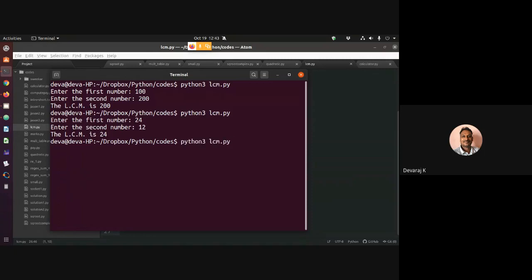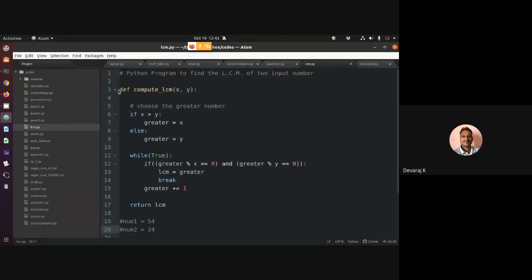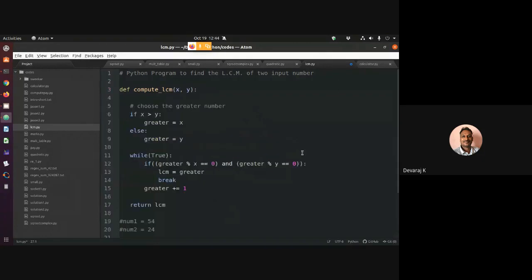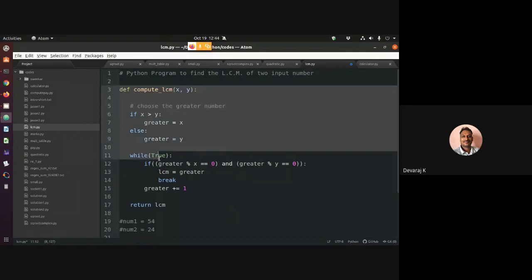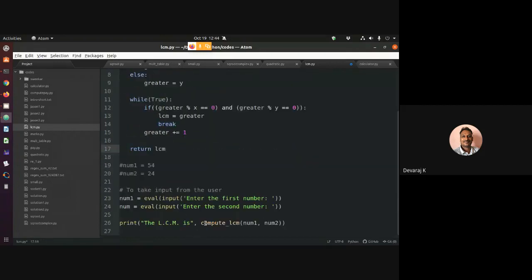So I can input whatever number I want. Say for example 2 and 3. So the LCM is 3 into 2, 6. So this particular function calculates the least common multiple, and wherever I want I can call it.